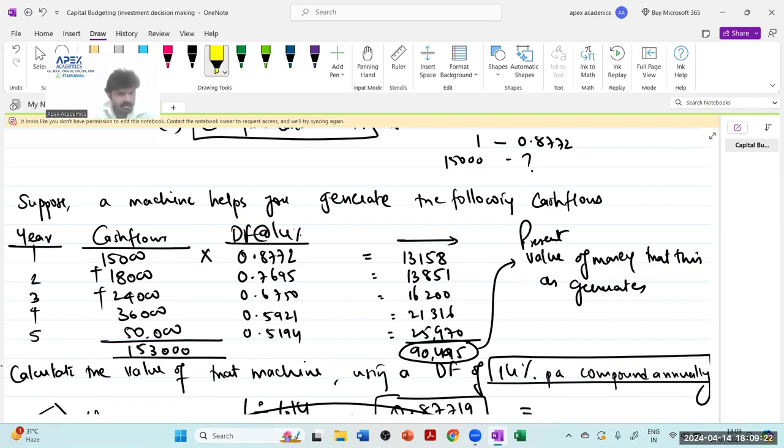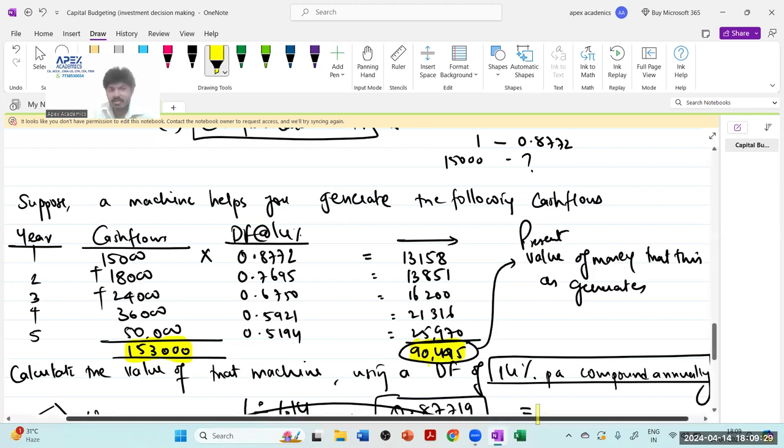बिकॉज ऑफ इन्फ्लेशन, जो आपको लग रहा था आप 1.5 लाख रुपया कमाने वाले हो, आपके पैसे की कीमत क्या हो गई? 90,495. क्या हो गई आपके पैसे की कीमत? 90,495. अगर आपने ये 1.5 लाख देख के डिसीजन लिया, इफ यू